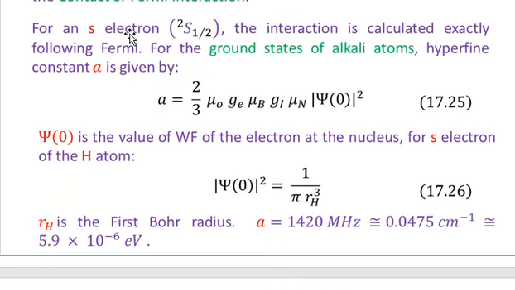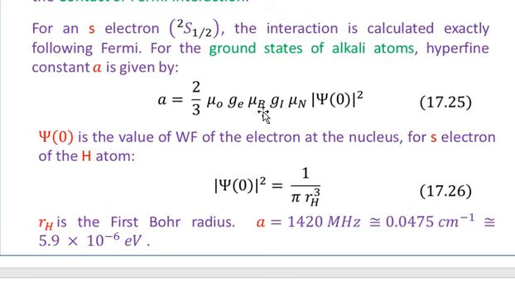For the s electron of the hydrogen atom, which has a term symbol represented as 2S1/2, 2 is the multiplicity, 1/2 is the total quantum number of the atom or the electrons. The interaction is calculated exactly following Fermi. For the ground state of the alkali atoms, the hyperfine constant A is given by